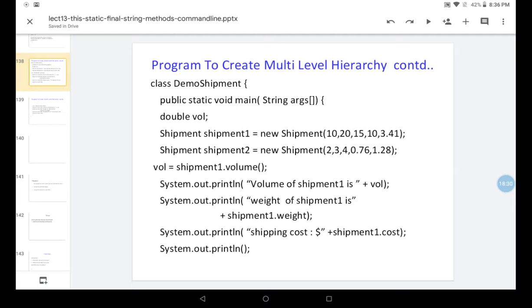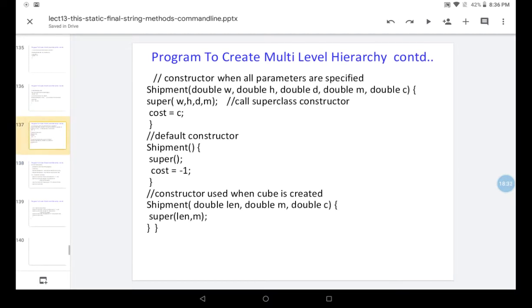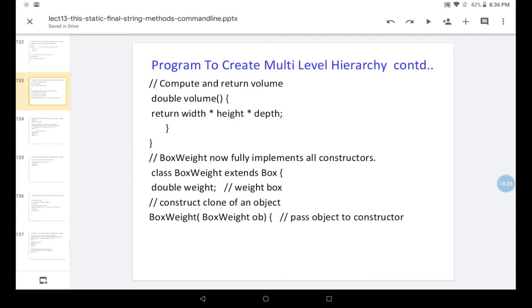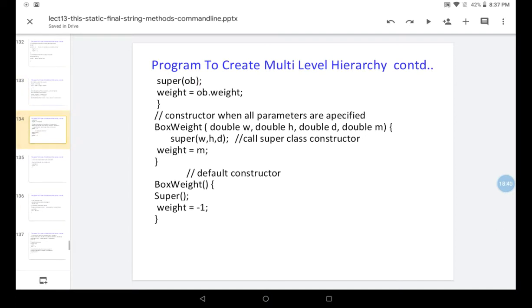Let me see what the volume method is here. It will return width, height, depth, and these are the parameters we are passing.